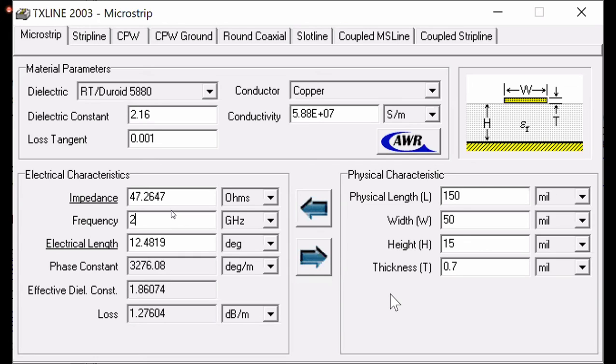Is this another program, or did you open that inside? In AWR. So I